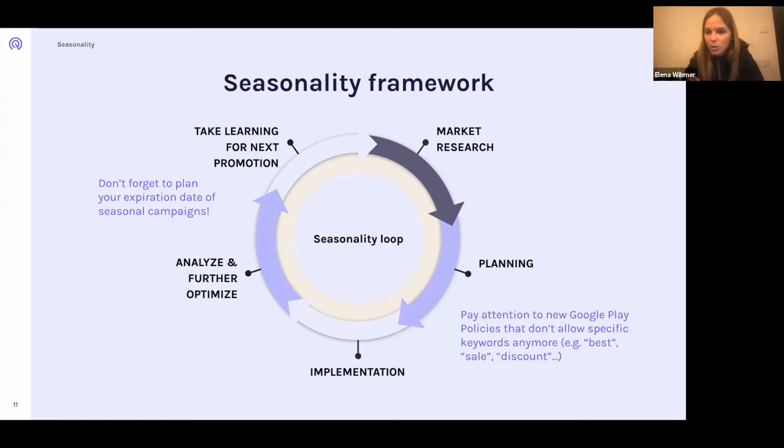Once you have noticed that and you know already, okay, these are my top 3 events, those are the 3 ones that I want to optimize, then go and look, okay, hey, how are your competitors doing it? How have they maybe done it in the previous seasons, which you can very nicely spy on. What changes have they made last year, for example, like I showed you before with the example of the fitness app, where we've seen that they really tried to optimize. They included New Year's keywords, which was a good example, and you could get ideas from that. So really trying to understand it from that perspective.